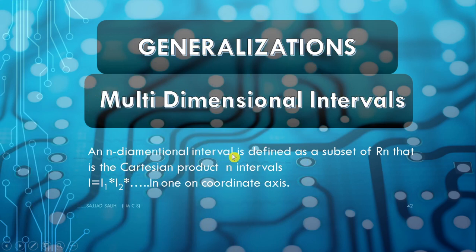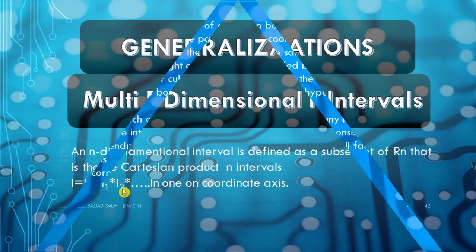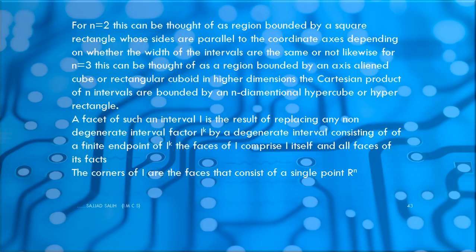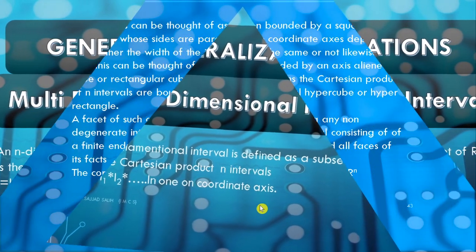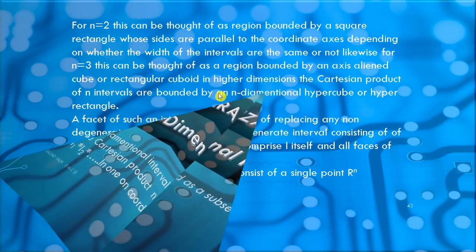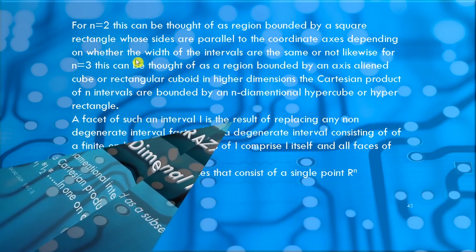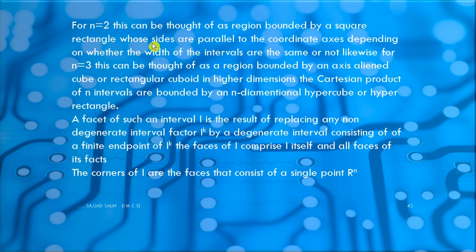An n-dimensional interval is defined as a subset of R^n that is the Cartesian product of n intervals, I equals I1 times I2 times up to In, one on each coordinate axis. For n equal to 2, this can be thought of